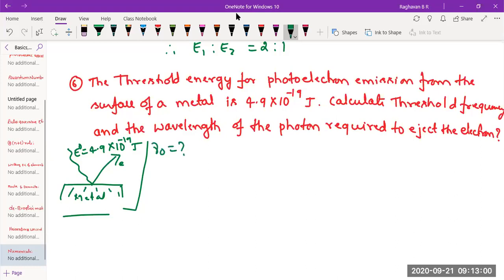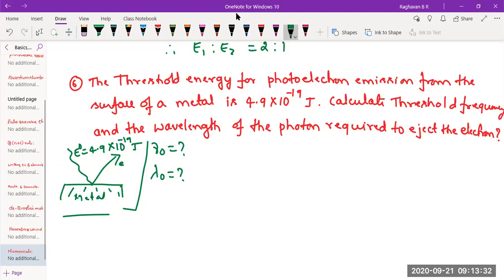Sir, is the wavelength 400 nanometers? Slightly less. They're not exactly correct. Probably in competitive exams, you could find the nearest value and mark it. But here we need the correct answer. Any deviation would lose the marks also. So they are asking to calculate the threshold frequency and threshold wavelength lambda naught.